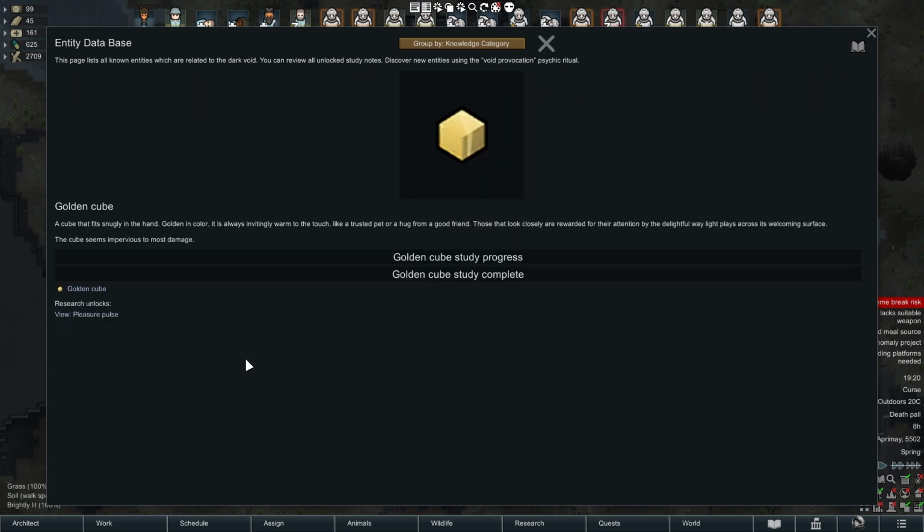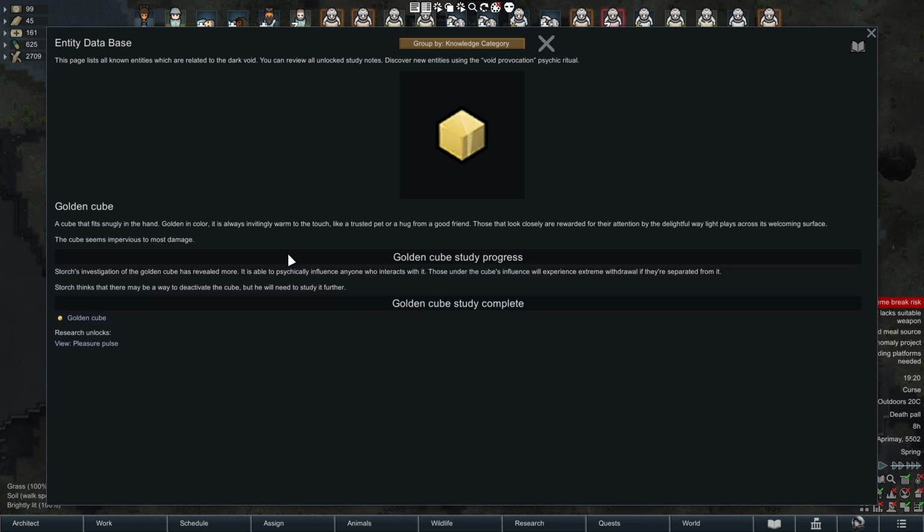Now you can see a bigger picture of this entity, its label, its description, related objects, and researches that it unlocks, just like the vanilla entity codex does. But unlike the vanilla game, it can also show study notes that you unlocked by studying this anomaly. You can just click on each to read it.